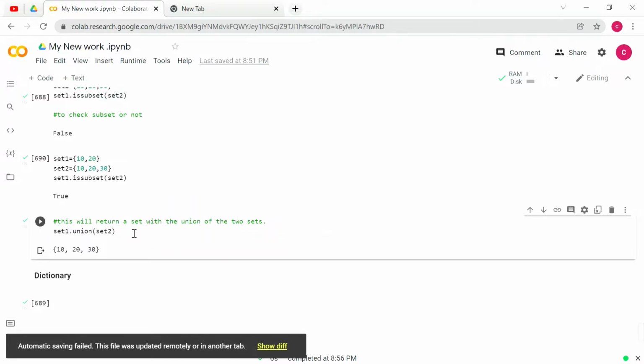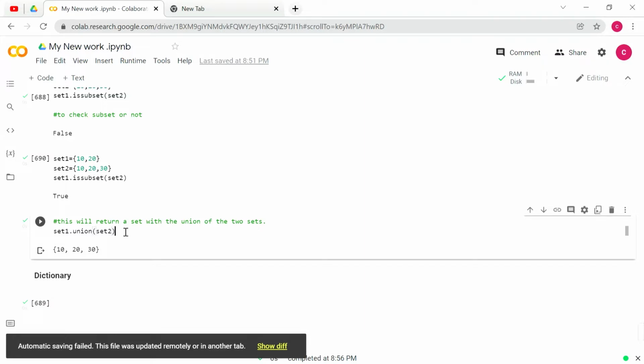Here we have got 10, 20 and 30, because just before we defined set1 and set2 as 10, 20 and 10, 20, 30, and union means combining set1 and set2. So the combining of set1 and set2 over here is 10, 20 and 30 only.